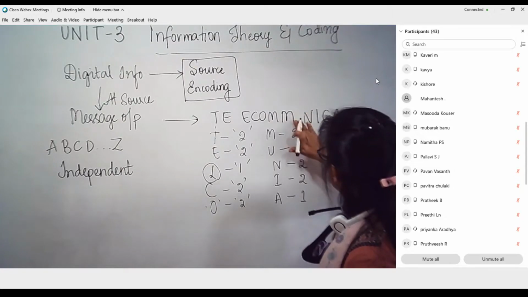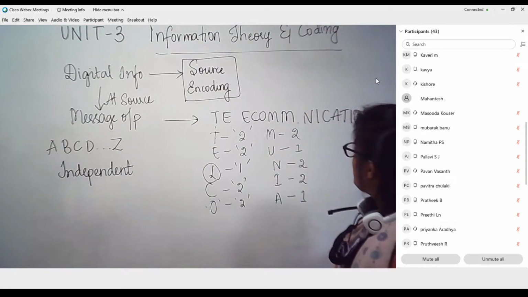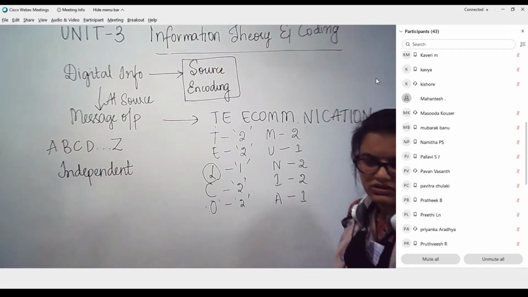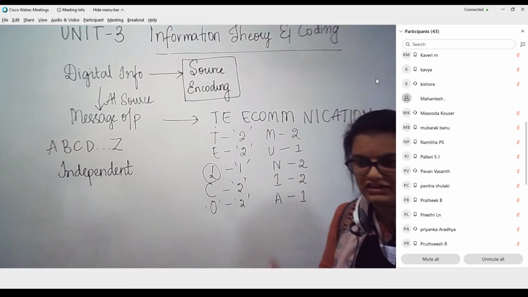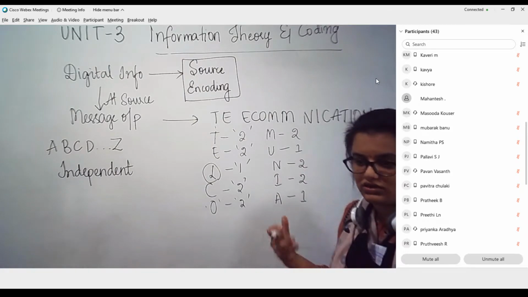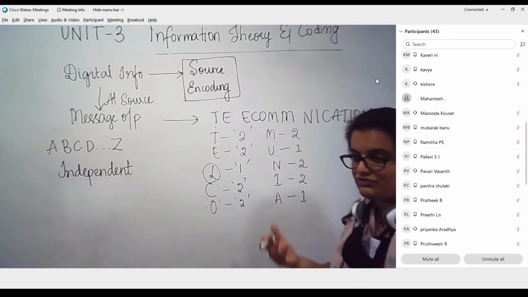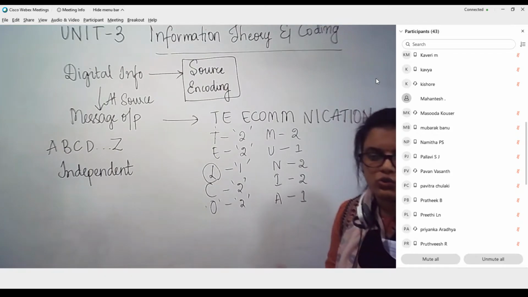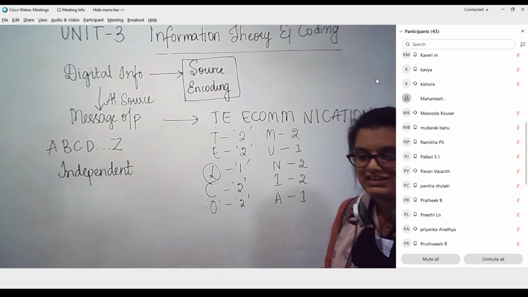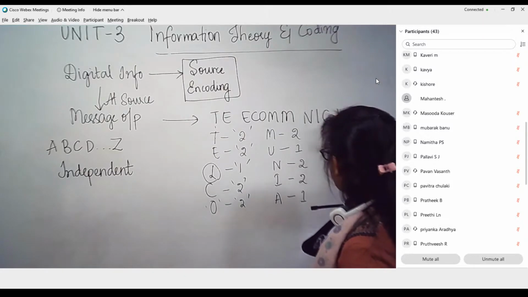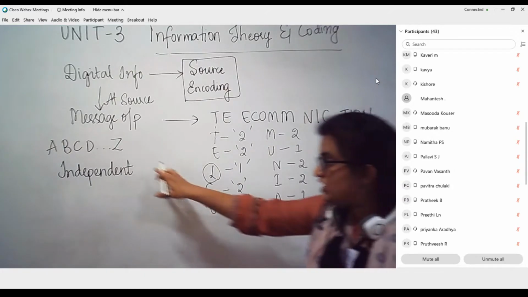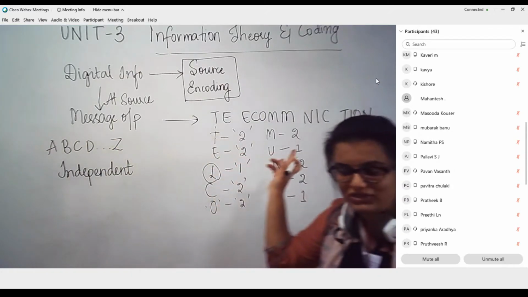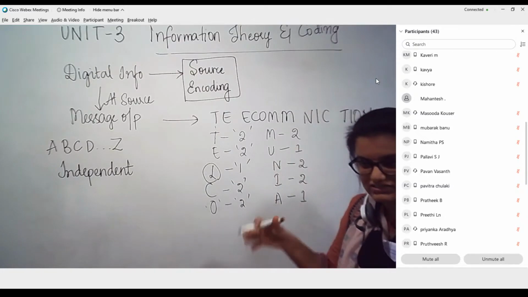Assume that there is no U. Telecommunication, what is that? Since I know it is an English word, I am able to put a U or whatever is appropriate or sounds right. That is the human way of rectifying the error. But the machine will not know what word it is until it gets proper information. What if I don't put A here? There is a possibility that combinations of these 26 alphabets will come into the picture when it is trying to reconstruct the same message.